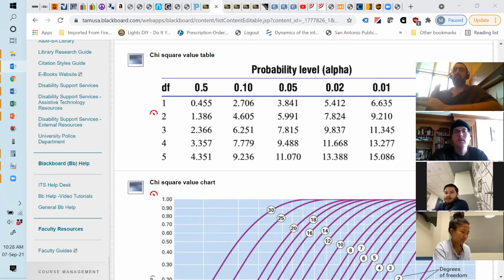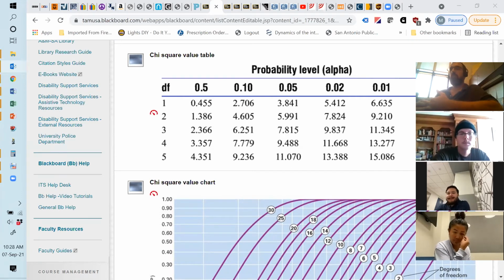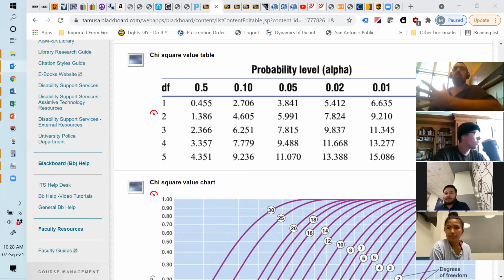So you have to think about what it is that you're actually testing, because there'll be other kinds of statistical tests that you do where the outcome may be smaller or larger, right? But it's the p-value that really matters, because that's a measure of the probability of getting that result by chance.